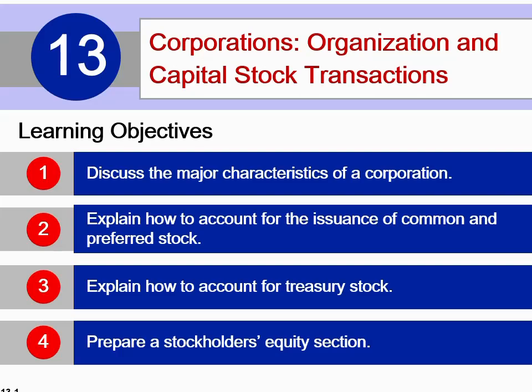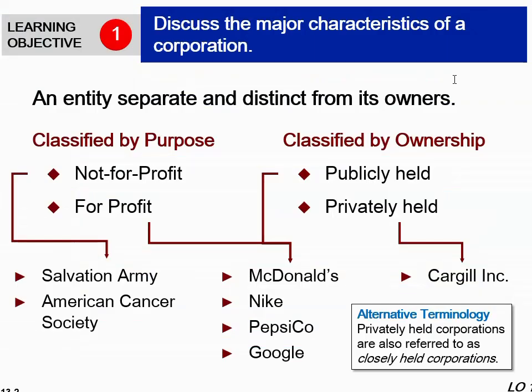Okay, starting with the basic characteristics of the corporations. So this is learning objective number 1. Firstly, we should make it very clear that the corporations are a separate legal entity. They are also known as artificial persons. They are different or distinct from their owners. So they are treated as a separate entity. Their interest is not merged with the owner's interest, like it is in partnership and in the sole proprietorship. It's not true in case of companies. In case of companies, the business setup is different than the owners.